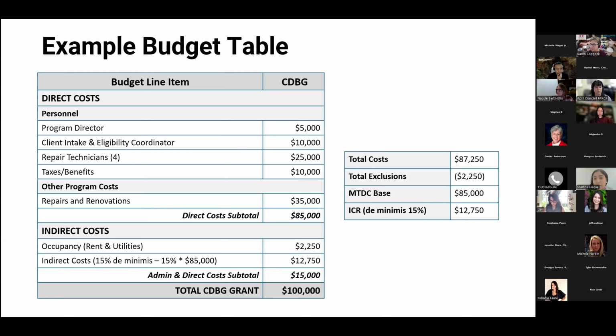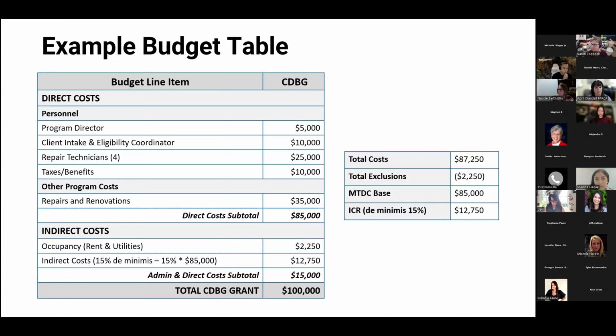For this particular agency, they're excluding that occupancy expense, and so they're getting a base of $85,000 for their modified total direct cost, and then using 15% of that, they get $12,750, and when you add that all together, that's $100,000.